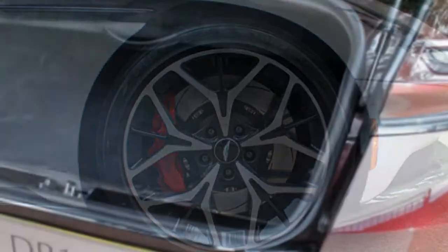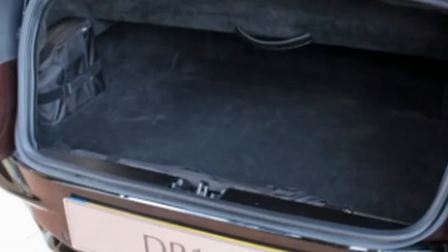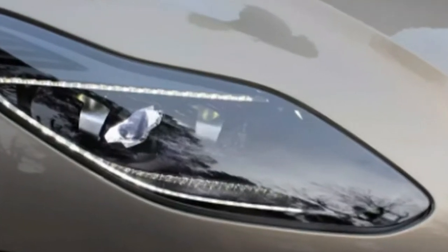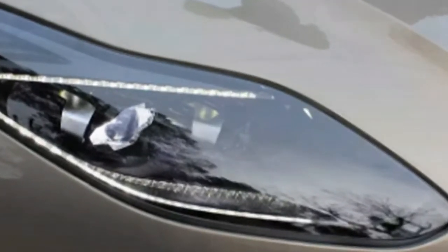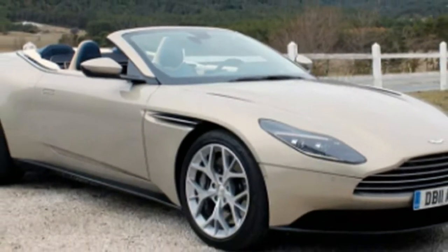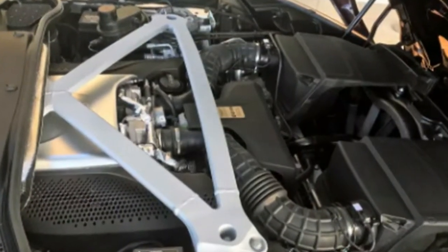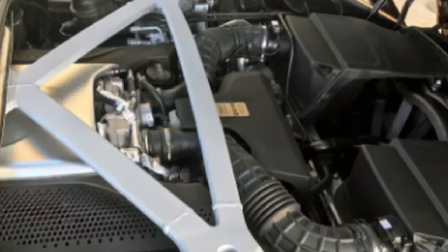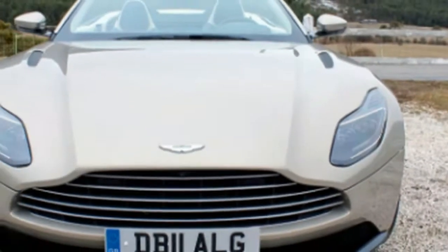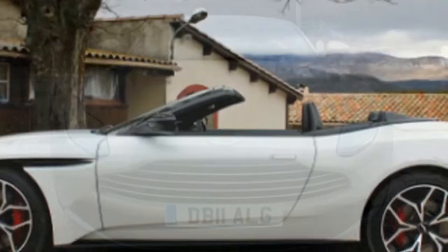Underneath, the DB11 Volante gets a few suspension tweaks given its 242-pound weight increase, mostly thanks to the car's added structural reinforcement. The rear anti-roll bar has also been reduced in diameter by 0.4 mm and rear shock rates have been tweaked to account for the car's slightly stiffer rear structure. Weight distribution is 47-53% front/rear, compared